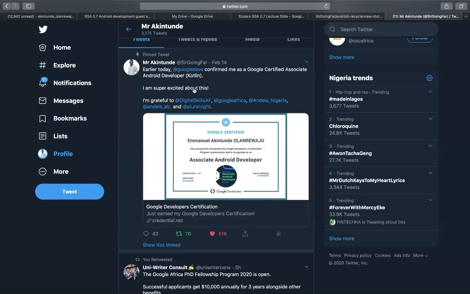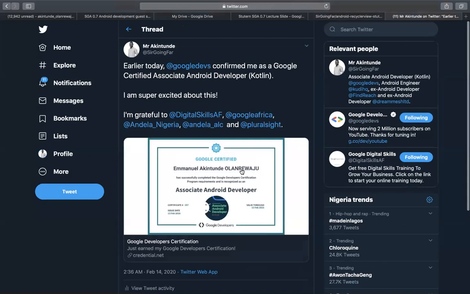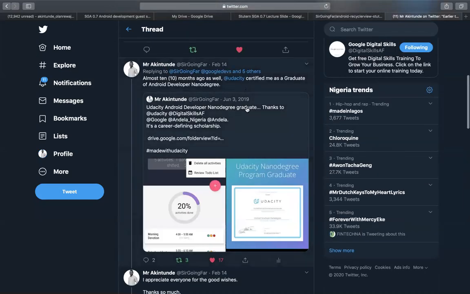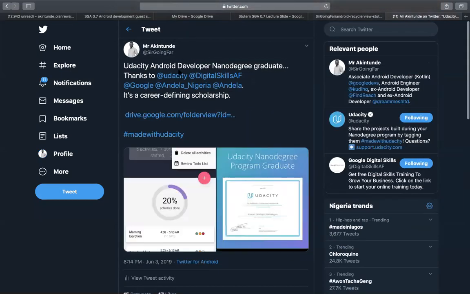Let me tell you this officially: just on February 14, I was certified by Google as an Associate Android Developer. I was super excited about it. And this is not the tweet that got me my second job. This is the tweet that got me my second job. Let me show you. I've put up this tweet since June